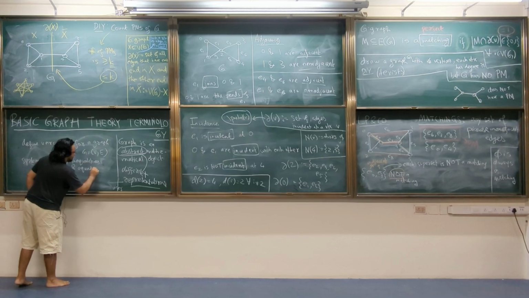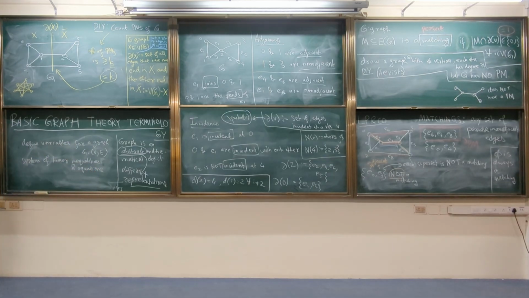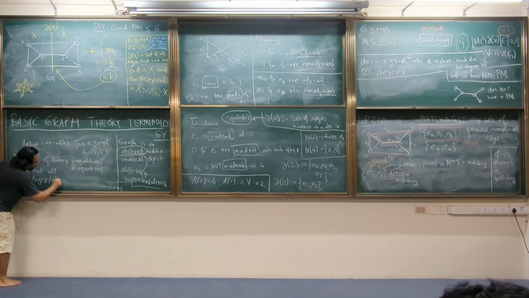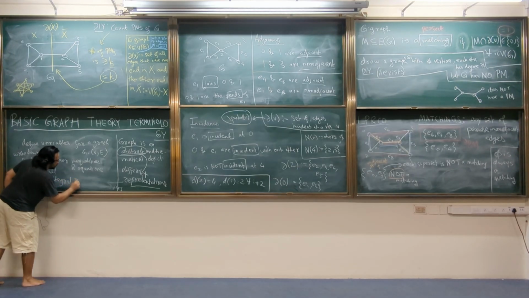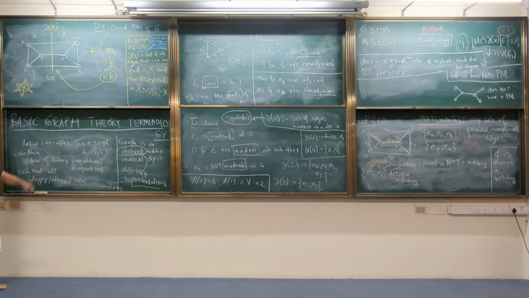Of course, every equation is just two inequalities. Right? A equal to B is nothing but A less than or equal to B and A greater than or equal to B. So whatever. Write down a system of linear inequalities and equations so that all integer solutions, where every variable is an integer, also called integral solutions, to this system